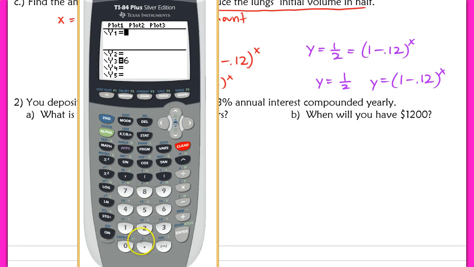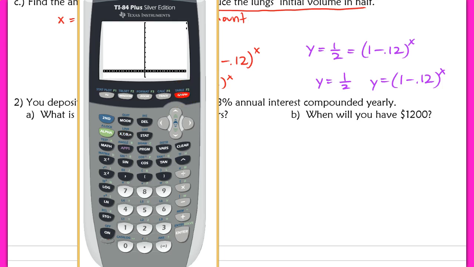So I type in y equals 1/2, which is 0.5, and the other, let me erase this one, is 1 minus 0.12, or you can even just do 0.88, doesn't really matter, to the x power. Okay, and also make sure that you don't write this as times x, make sure it's raised to the x power. Now when I go to graph this,